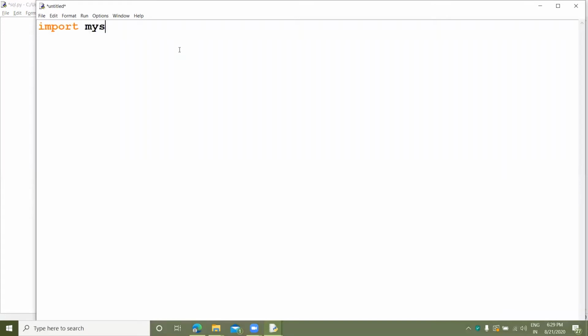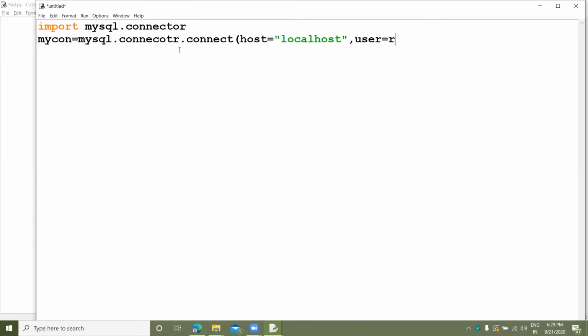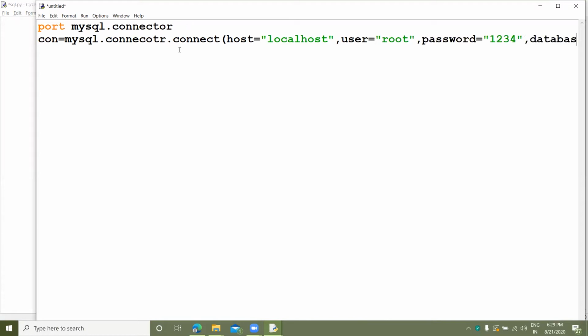So import mysql.connector. mydb is my connection: mysql.connector.connect, host equals to localhost, user equals to root, password equals to 1234, and database equals to college.